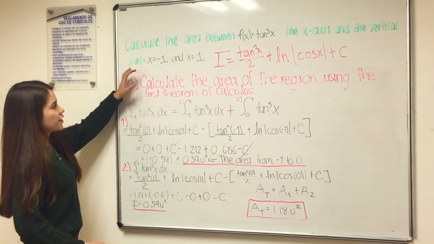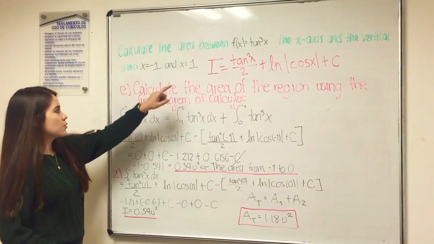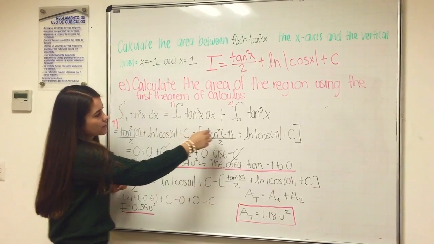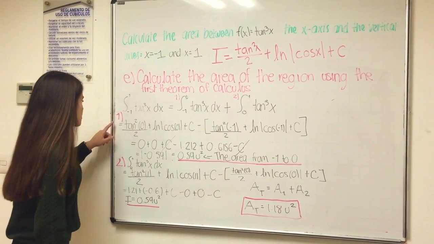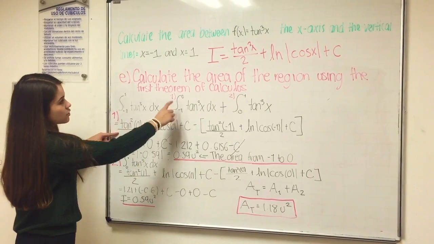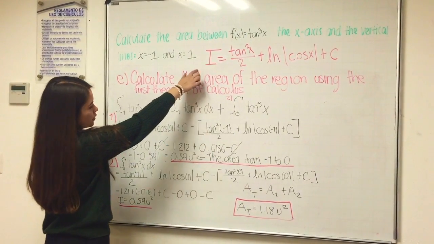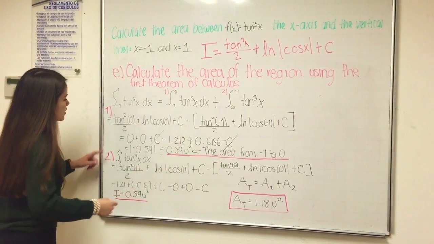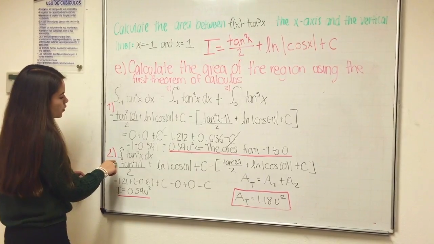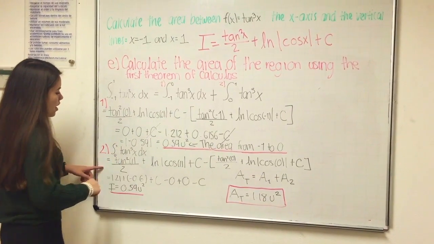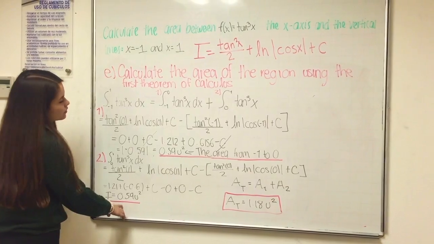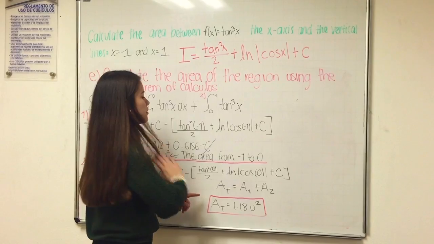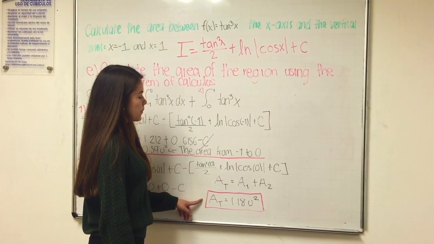According to the range that they are giving us, that is -1 to 1, we first separate our function from -1 to 0 and then 0 to 1. So for the first one, we substitute the values into the integral that we already have, and the result is 0.59. And then in the second part, we substitute the values from 0 to 1, and we get 0.59. And to get our total area, we add them and we get 1.18